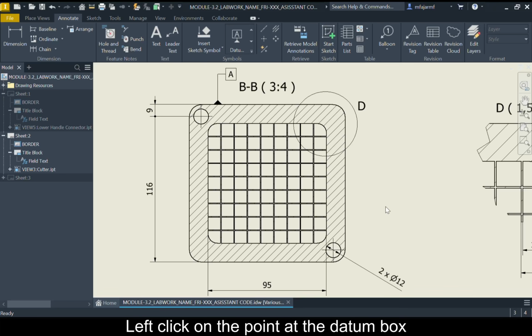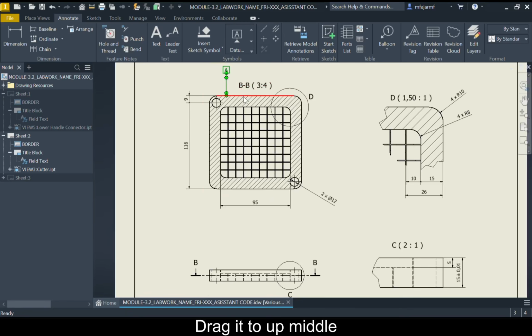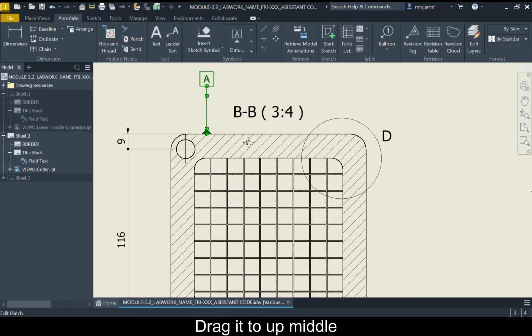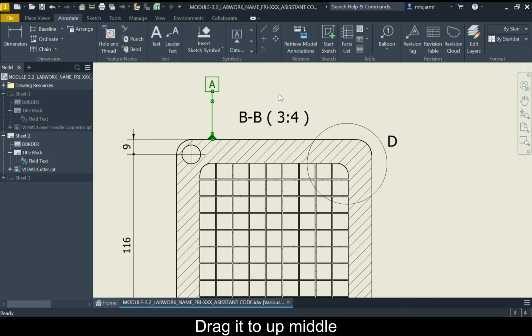Left click on the point at datum box. In here, drag it to up middle. The result should look like this.